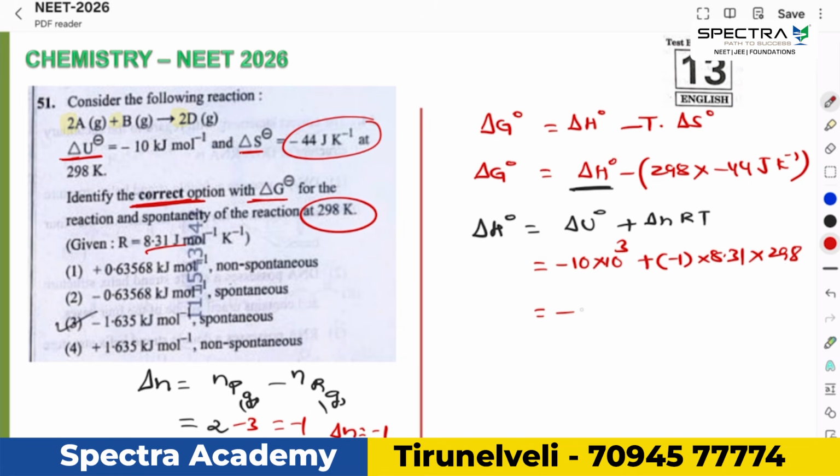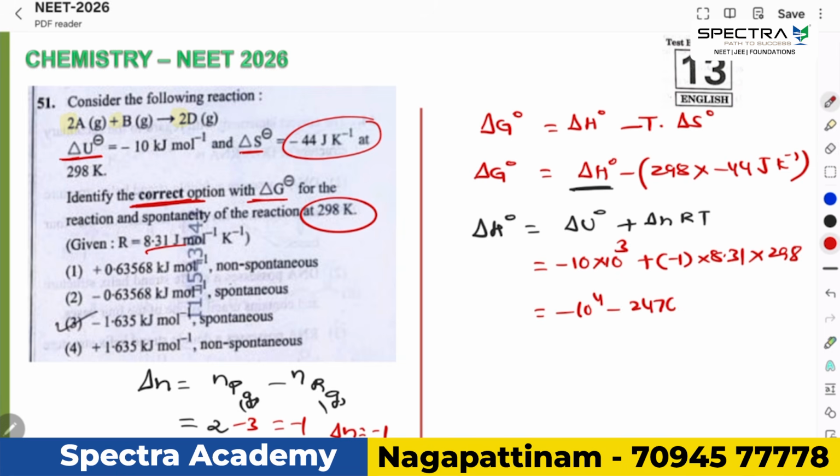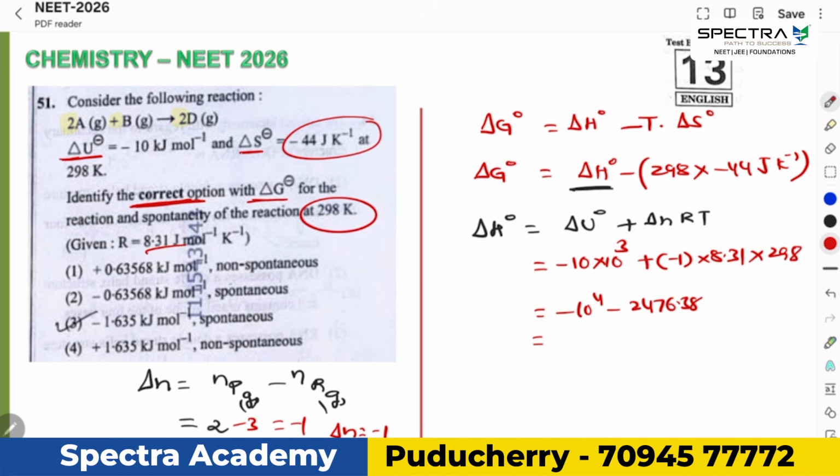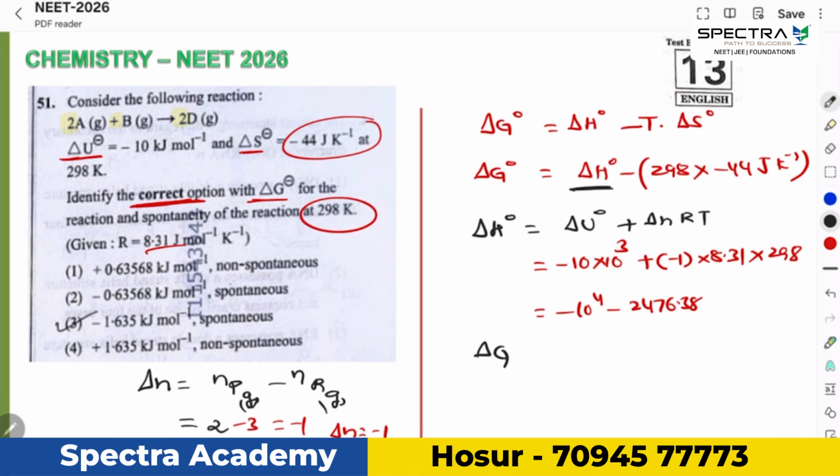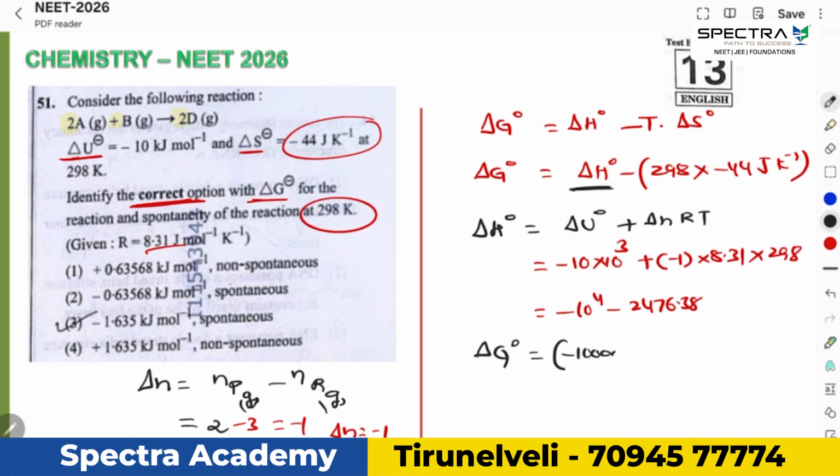So the resultant value is around 24. The resultant value around here, 10,000 is there. 10 to the power of 4 minus 2476.38. So the resultant value is around this. And then after that, delta G is equal to delta H value, you can add total value, 10,000, 1 2 3 4 digits, minus 2476.38, that is equal to